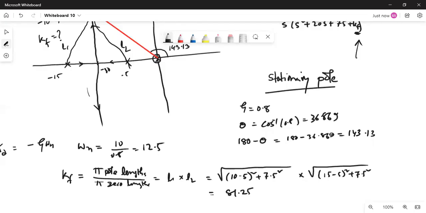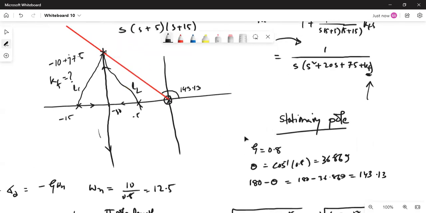By adjusting the gain of your F, we figure out what the location will be. So 3 locations we already figured out. One location is the pole at the origin. So this is 1, which is stationary for the minor loop. And then you have one pole here at minus 10 plus J 7.5, and the other one has to be on the other side as well, so minus 10 minus J 7.5. So these will be the 3 locations, and these will be the starting points or open loop poles of your overall